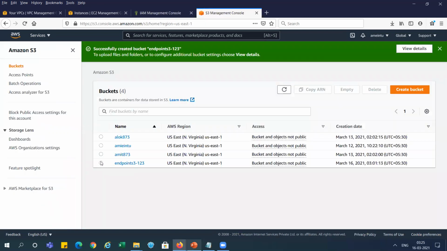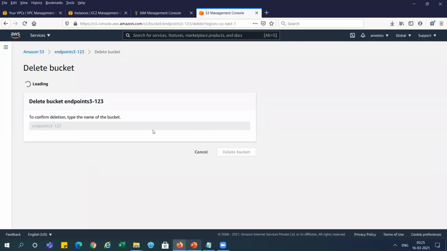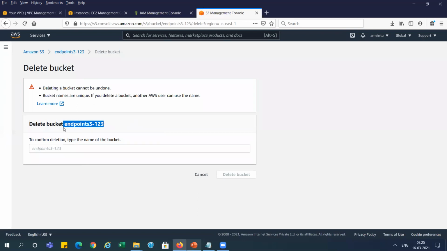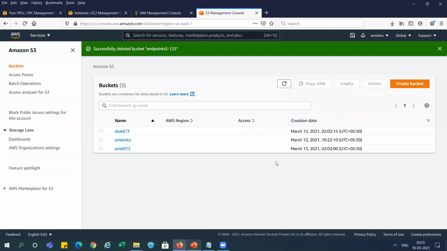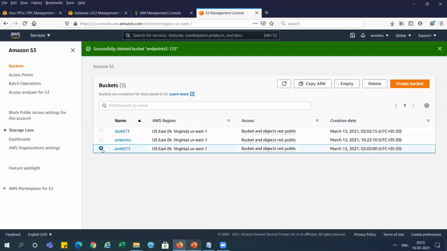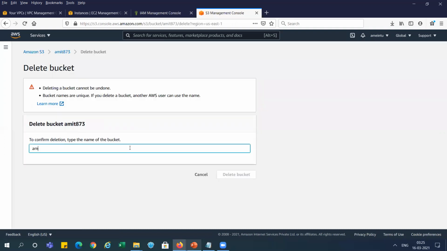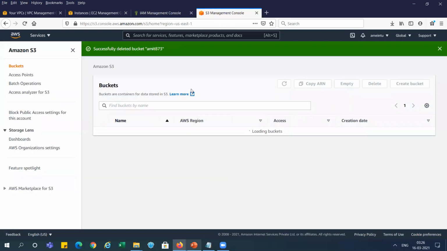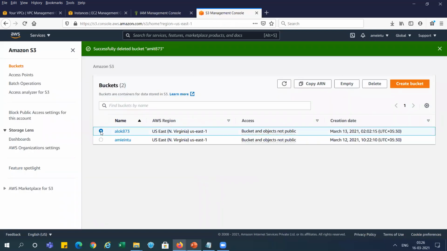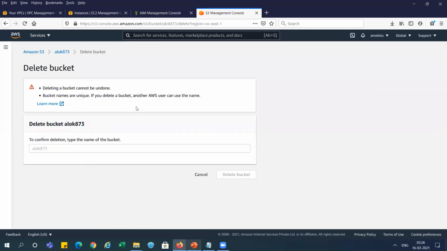We have created 2-3 buckets, so go and delete them. Delete bucket, right? Bucket is deleted, so we need to go and delete this bucket also, and this bucket also.